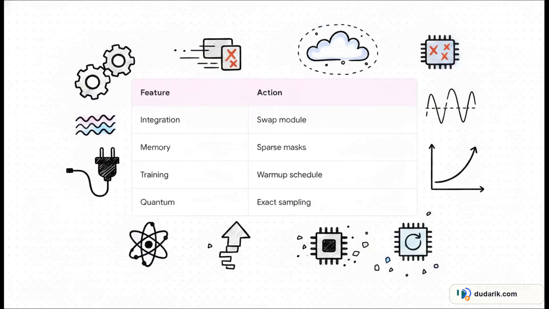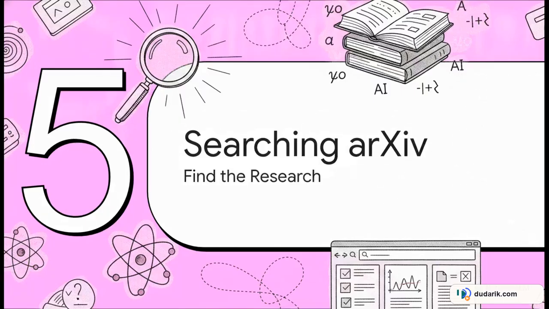So here is your quick implementation checklist. Integration is a breeze. It's a drop-in replacement where you just swap the attention module and pass the couplings to the optimizer. For memory footprint, you absolutely need to enable gradient checkpointing or use sparse coupling masks to avoid maxing out your VRAM past 1K tokens. For stochastic training, use warm-up schedules and lower initial learning rates to handle early gradient noise. And for the quantum pipeline, use quantum annealing for training, sure, but stick to exact classical Boltzmann sampling for inference and production.